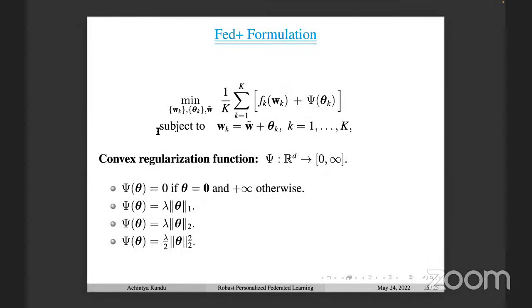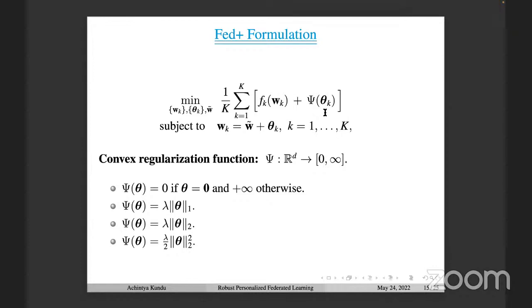Okay, so this is how we formulate our personalized federated learning problem. We have K data sets, and they give rise to the loss function fk. We want to learn a personalized model wk for that data set. Now we also want to benefit from the collaboration. That means we expect that across the federation there is a lot of overlap. It's not the right word to use. What I mean is that there is a lot of knowledge you can gain for training your personalized model.